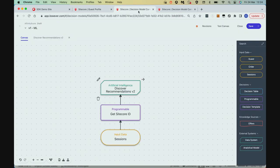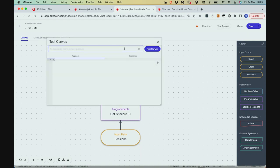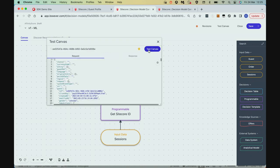The other one is actually calling in real time one of these machine learning models to get product recommendations back. So in terms of our decision canvas here in Personalize, all we're doing is literally pulling that session information to get the Sitecore ID, and then we're going to send that to our AI recommender, which is powered by Discover. And again, if I just go into test canvas here and select a guest and run this in real time, we should see